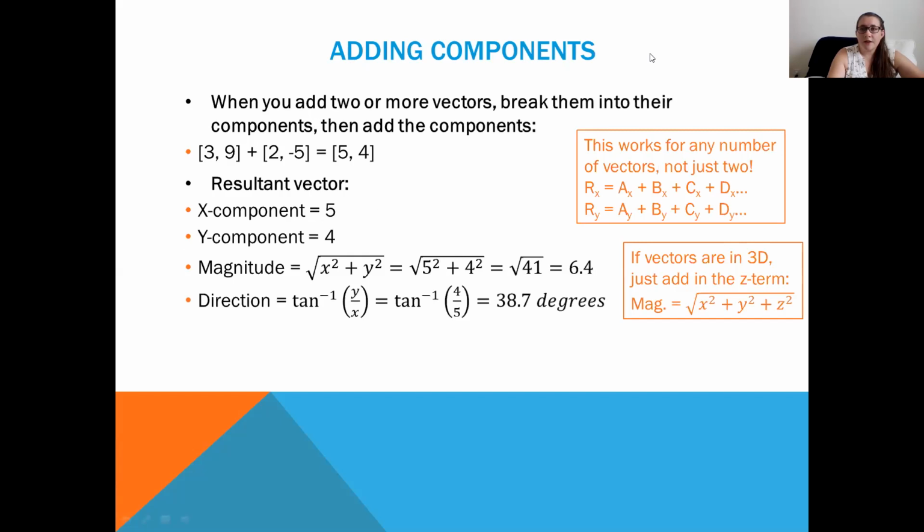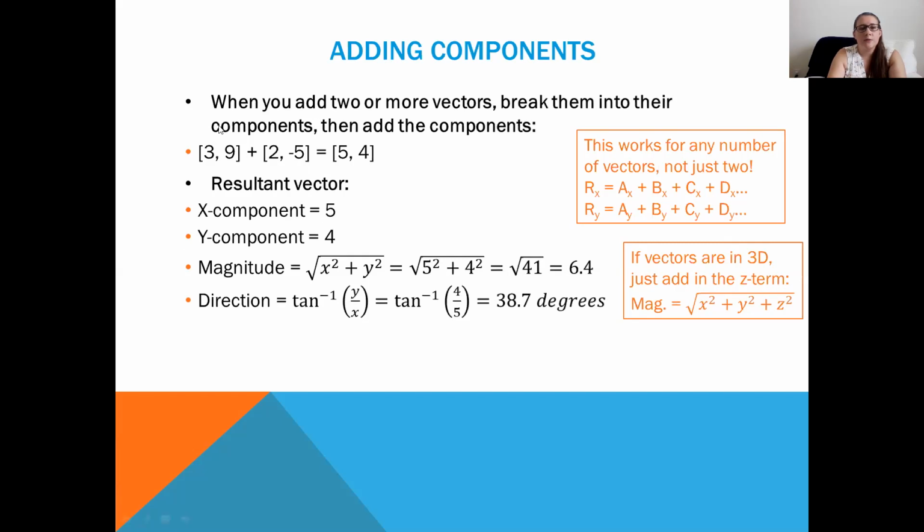So when we add vectors that are on angles, we add them together based on their components. We break all of our vectors down into their x components and their y components, and then we just add those together. So we add all of the x's together and all of the y's together. In this case, if we have one vector, vector A, that has an x component of 3 and a y component of 9, plus vector B that has an x component of 2 and a y component of -5,